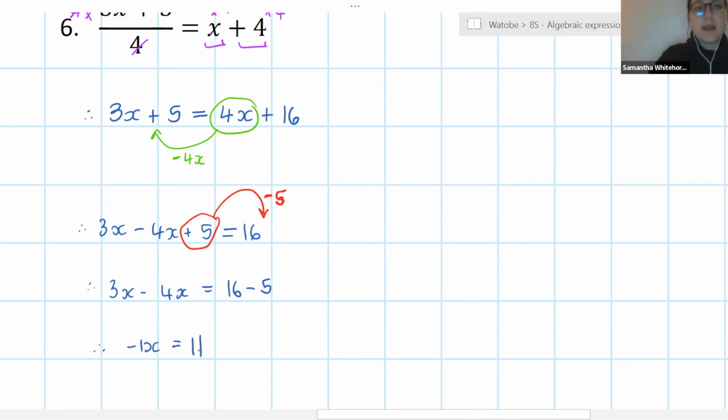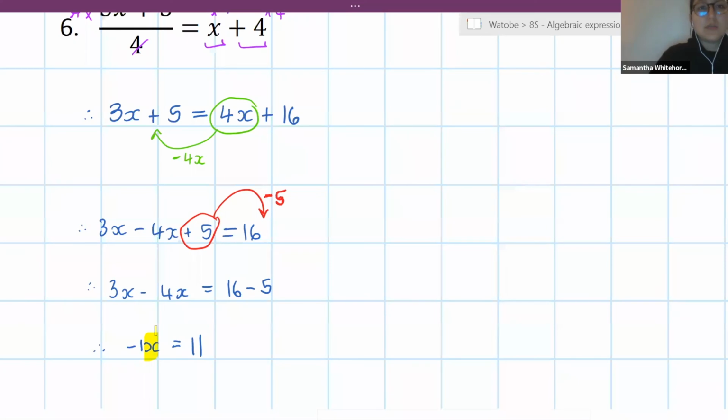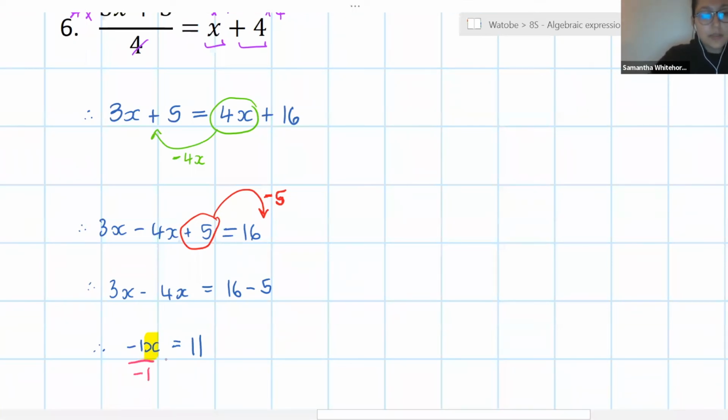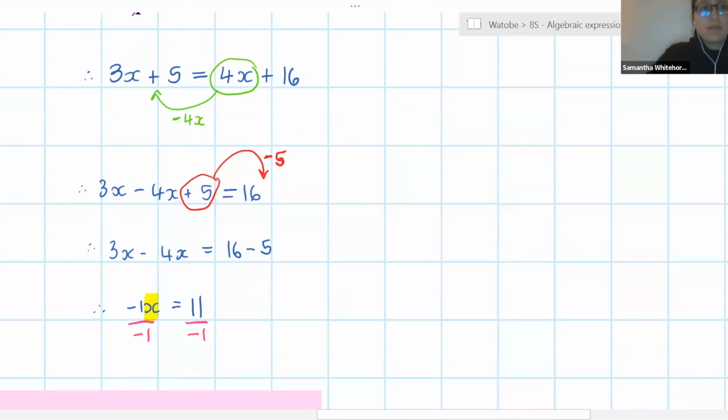Now remember, I don't want minus x. I just want x. So I need to still deal with that minus 1. So I'm going to divide both sides by a negative 1. And remember, a positive divided by a negative is a negative. And so my answer here is x is equal to negative 11. So always just be careful that you're getting a positive x and you're not leaving a negative sign there in front of that x. Okay,